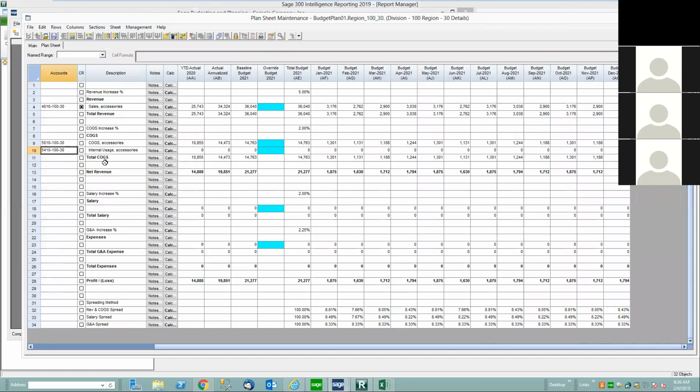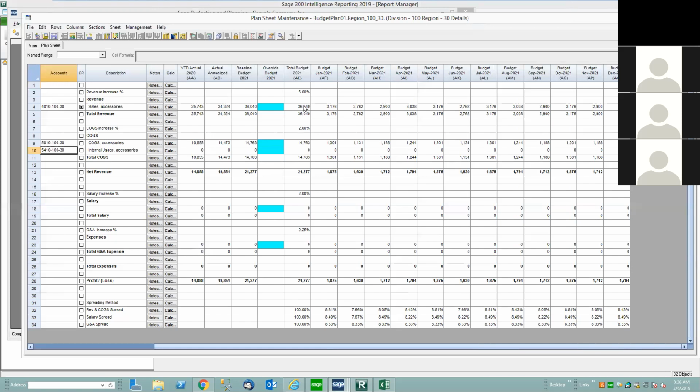So you can have multiple revenue subtotals and multiple expense subtotals. You can have a section for admin expenses or a section for payroll expenses, and you can make certain sections available to particular managers. So it's a very intuitive, very flexible